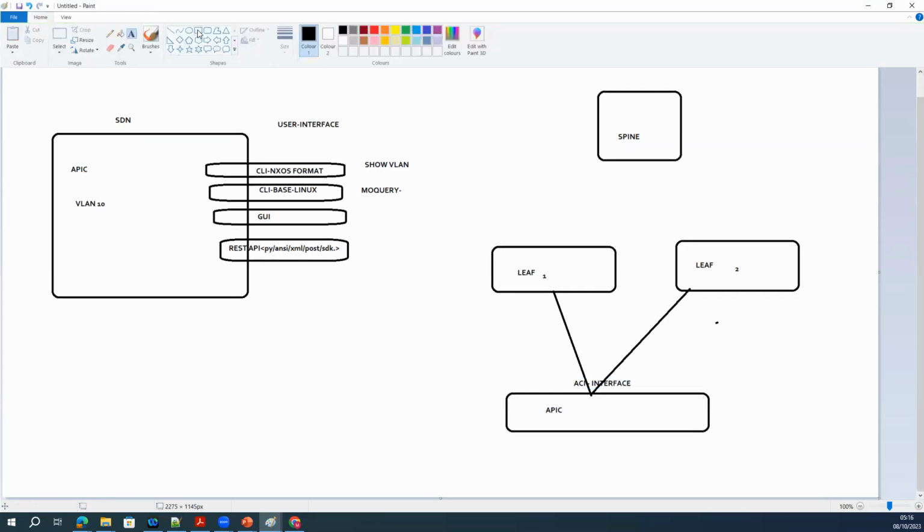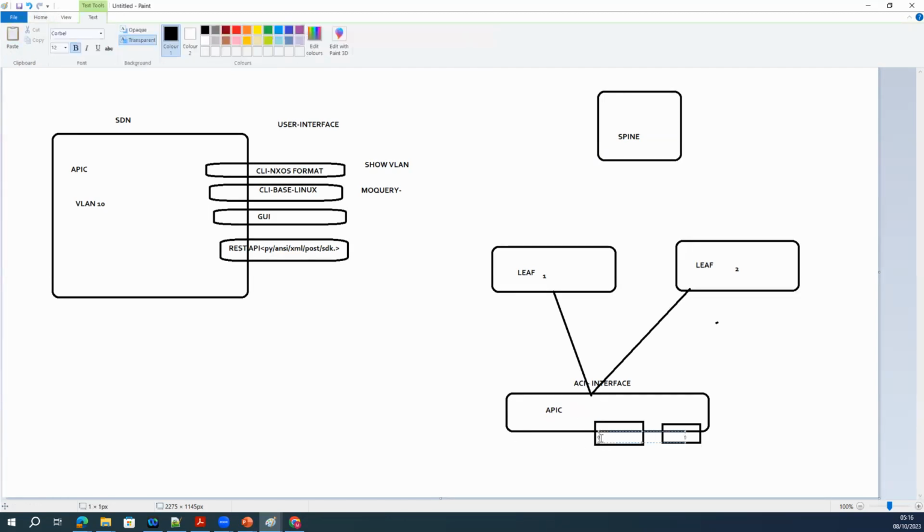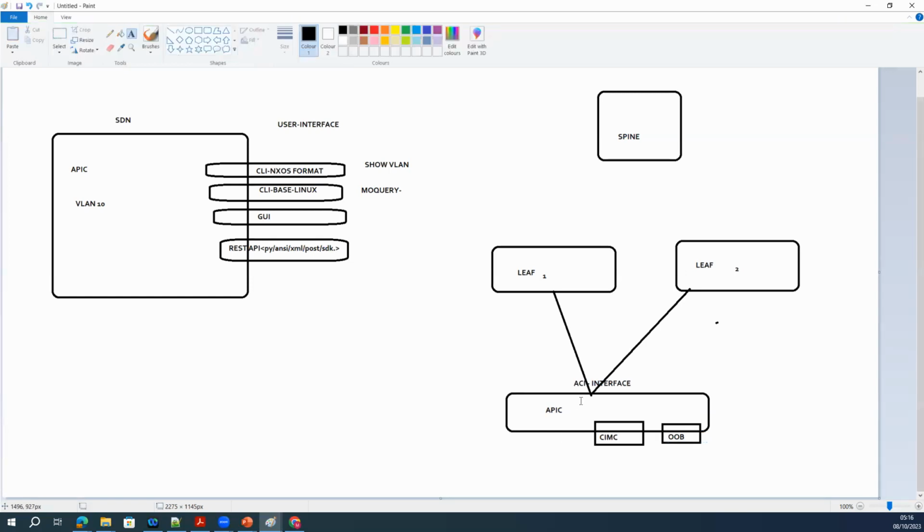Then you have two different interfaces, the out of band interface, and then the CIMC interface, plus other console and management interfaces. CIMC is the Cisco Integrated Management Controller; I forget the full form. And this is the out of band, and this is the ACI.